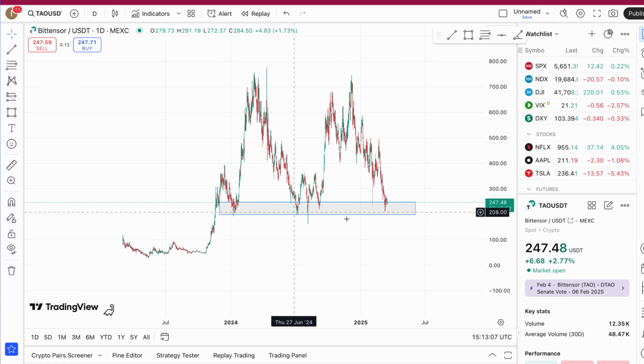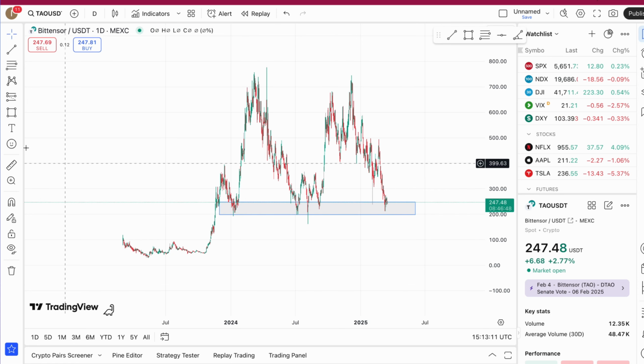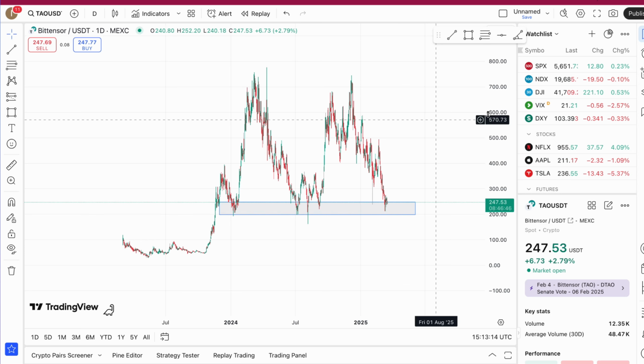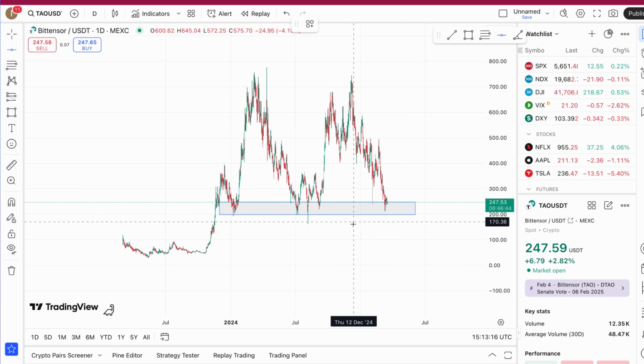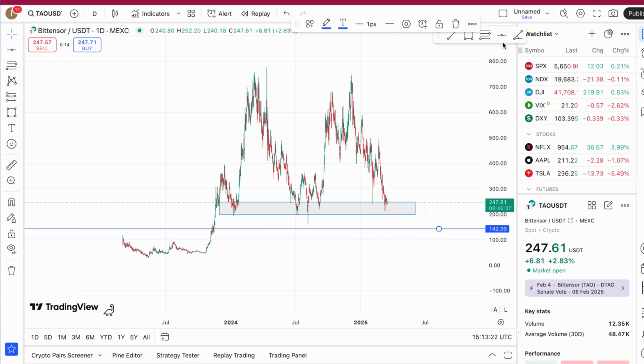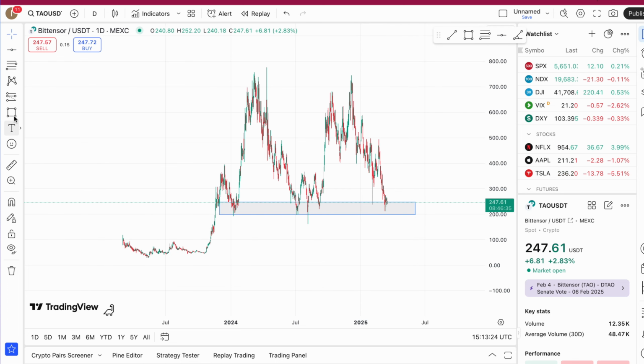This is a very good support. Most likely it might be bouncing from here, but let's say it doesn't bounce from here. What is your next target? I'm going to use this, and I might be looking at somewhere around here, just this region right here. Let me use a rectangle to represent it. I think that will be better. So this region here,